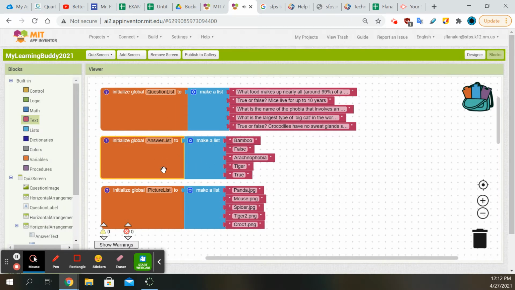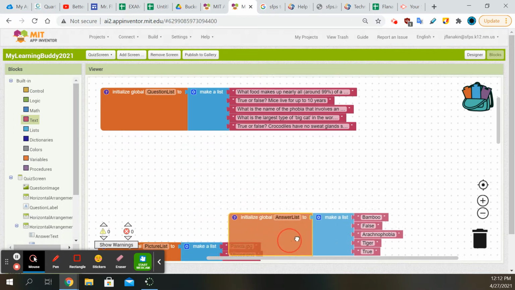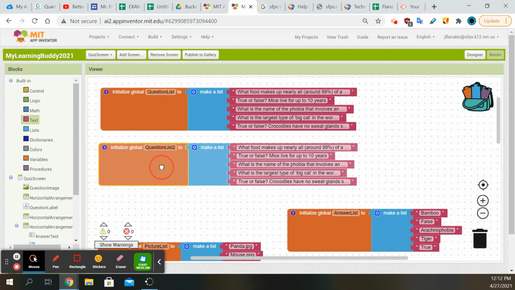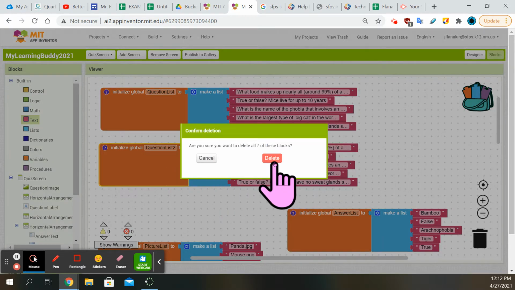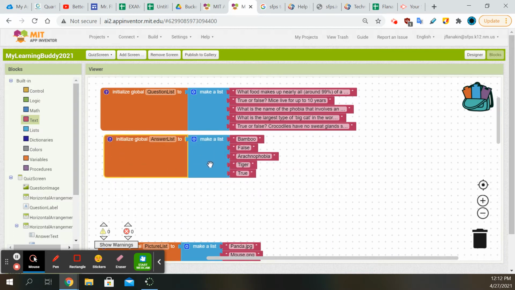You're going to make an answer list, okay? And you're going to make it in the exact same way. If you really want to take a shortcut, if you have your question list and your questions here, just click here, Control-C, Control-V, rename it answer list, and then you can empty all these out. The answer list is the same format basically in code, but instead of putting the questions, you're going to put the answers. And it's important that